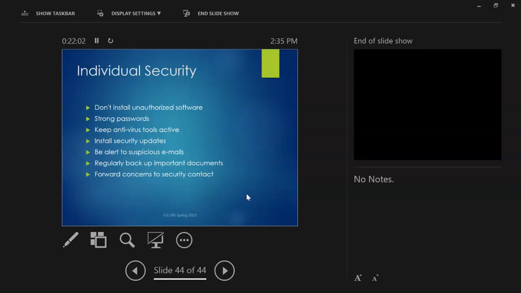If you have any important documents, regularly back them up, right? Google Drive or something like that. Now, you may be limited in doing that with organizational stuff. There may be policies on where it can go. But as far as your personal stuff, yeah, if your machine gets hit with ransomware, you don't want to lose everything. And finally, if you have any concerns, please forward them to your security contact. For example, if you get a notification from UIC that says, hey, it's that time of year again, time to update your password, and you just updated your password last month, you might say, that seems suspect. So maybe send the actual security people an email.